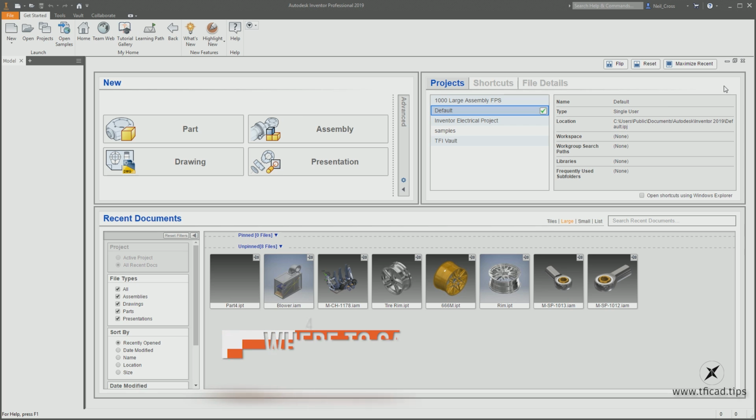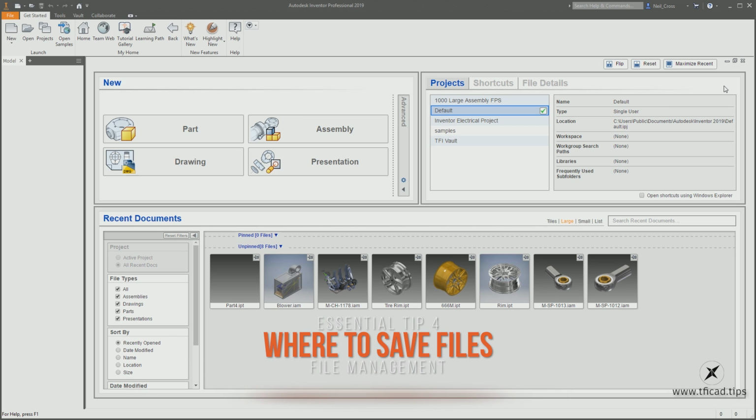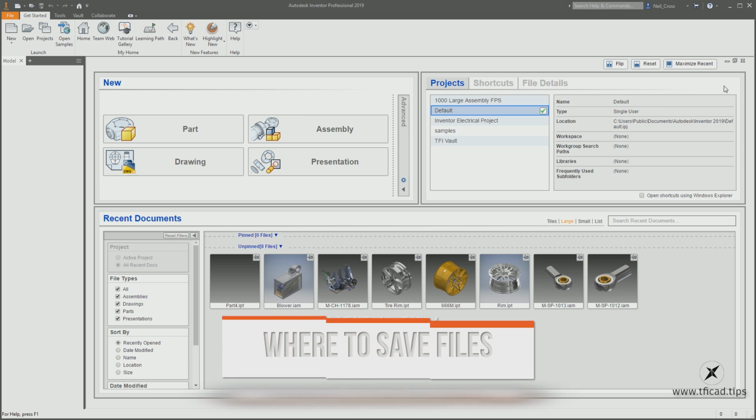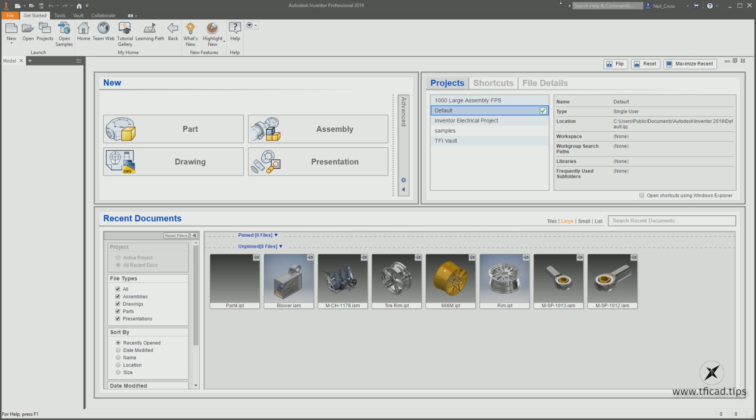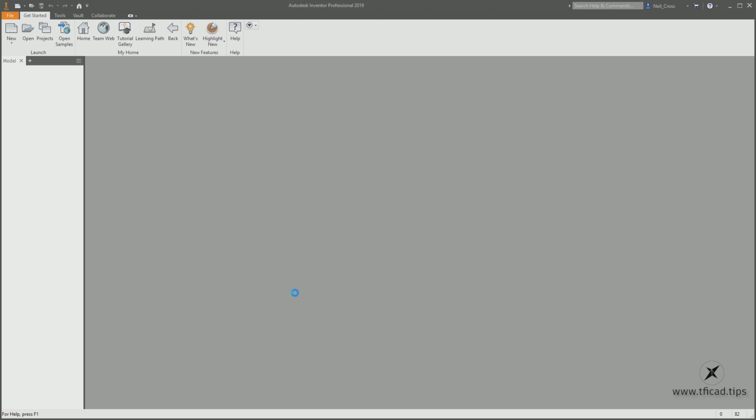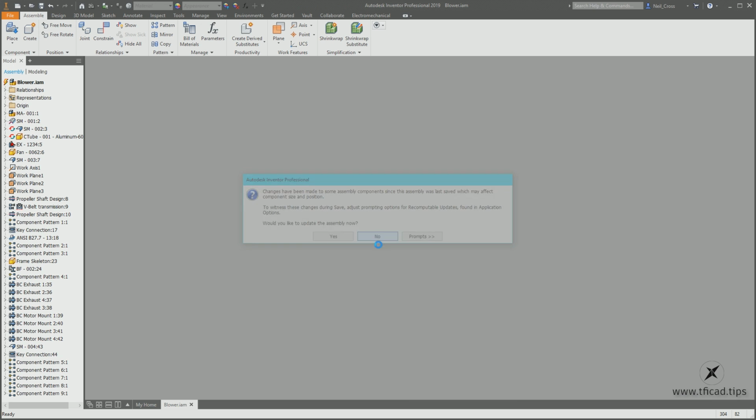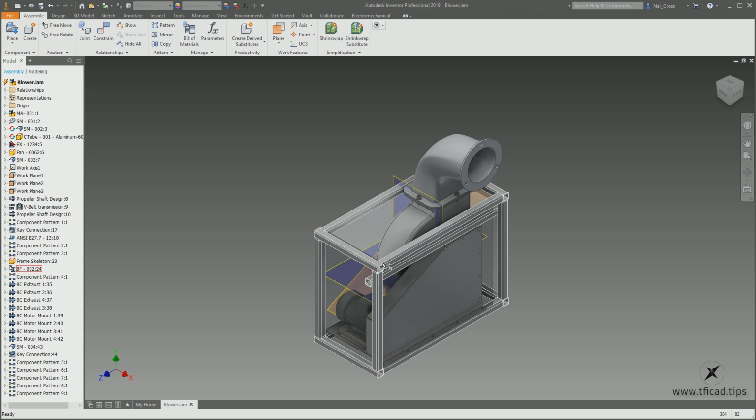And on to your 4th tip. This is all to do with saving files in an organized project. It's file management, mate. This is all to do with where you save your files. The reason this is important is that when it comes to a 3D CAD application, there are loads of files. You've got the assembly, you've got all the parts that make up the assembly, you've got your drawings,